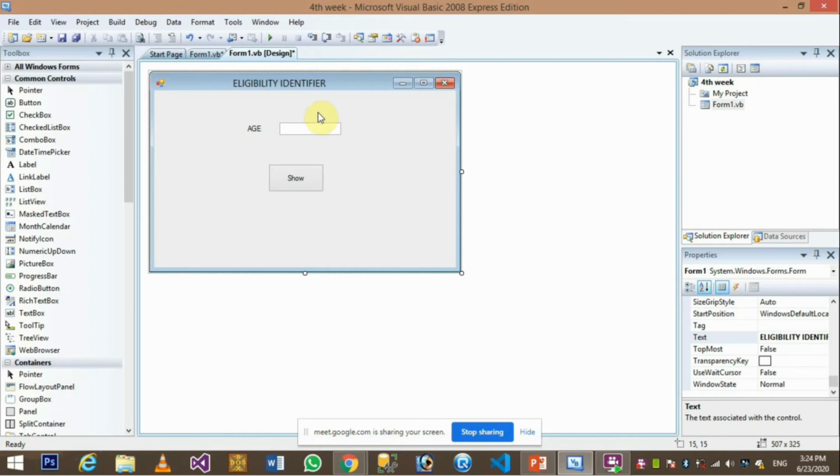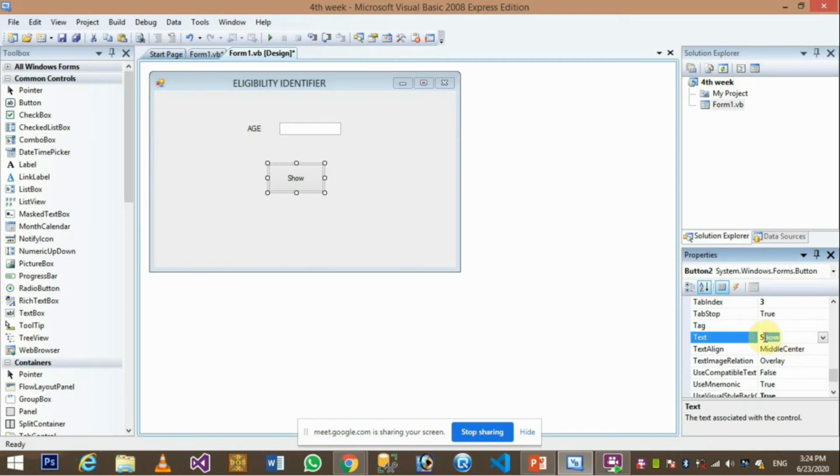So the eligibility identifier, this is what I'm naming it, right? And let's see how we can do that. Okay, so instead of writing show, we can write calculate or display, whatever we want.